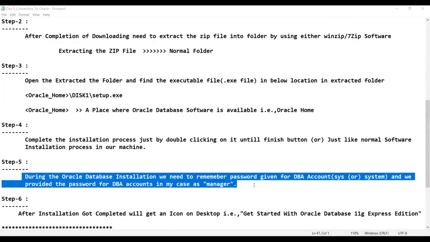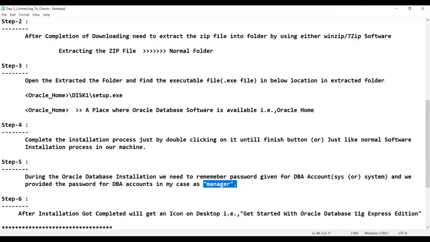That password will help you to log in with the Sys account or System account. Sys account or System account, both are nothing but DBA accounts. DBA stands for database administrator account. The person who manages the database software in a company, that person we can call as a